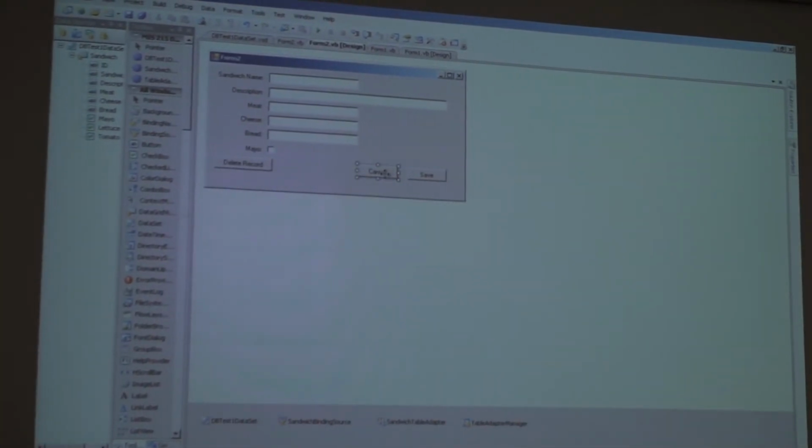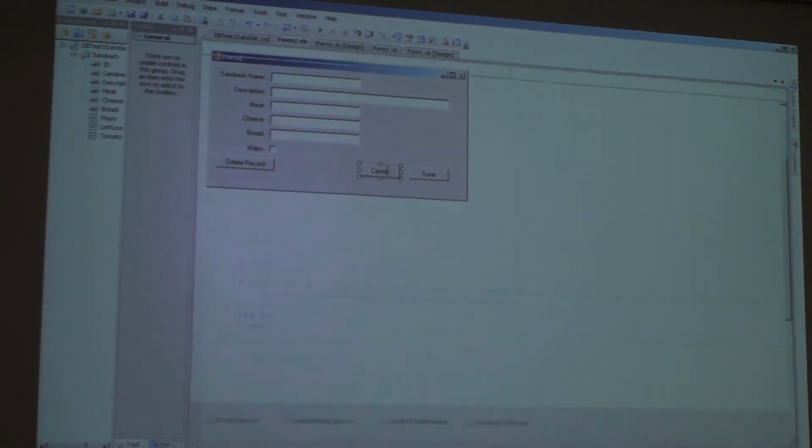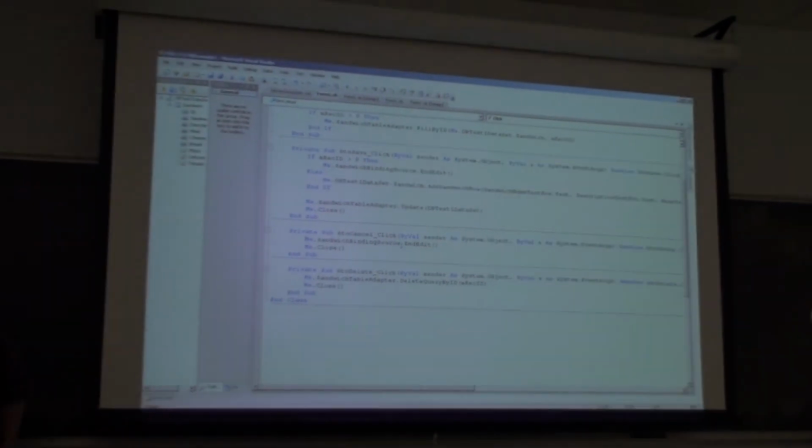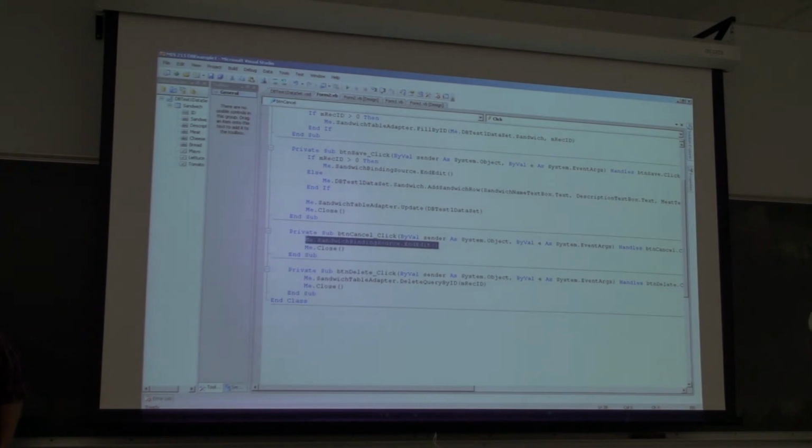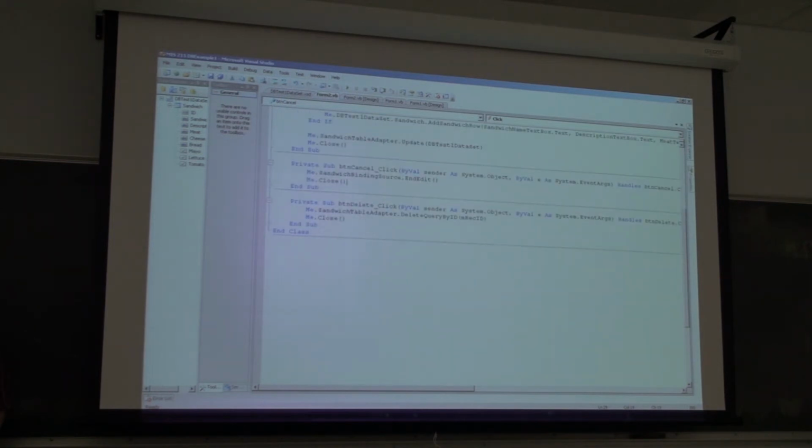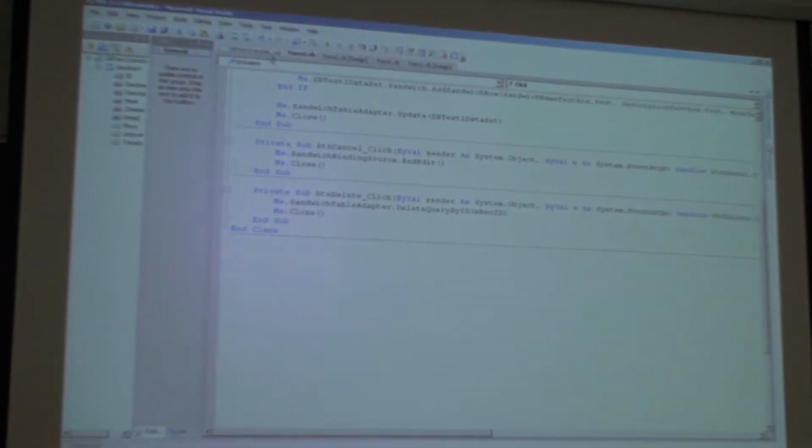What do you think the cancel button here would do? It closes it without running any updates. Yeah, it actually ends the edit, which is just something we do when we're done editing, and then it closes it without doing this table adapter.update, which basically throws out any changes you have. And then delete, notice the delete button here, it would run this delete query by ID, which I wrote, which